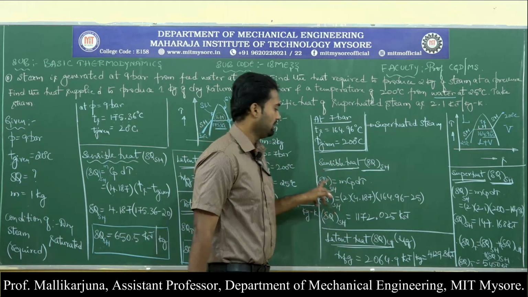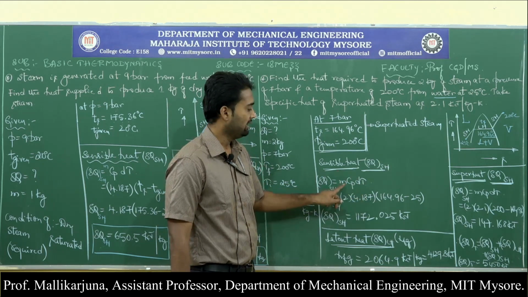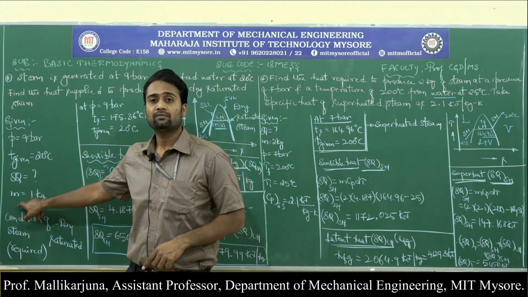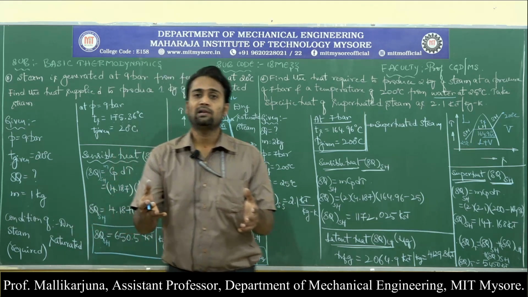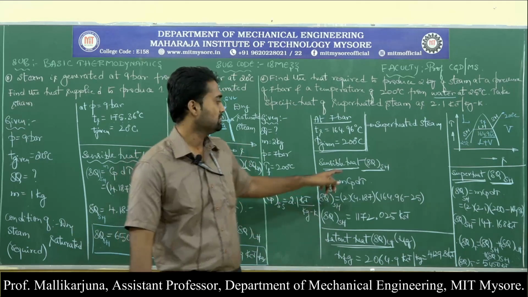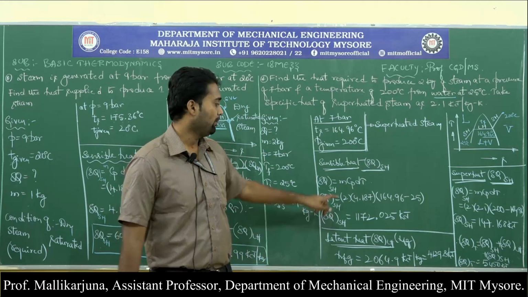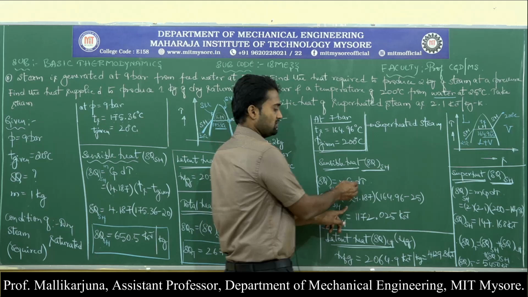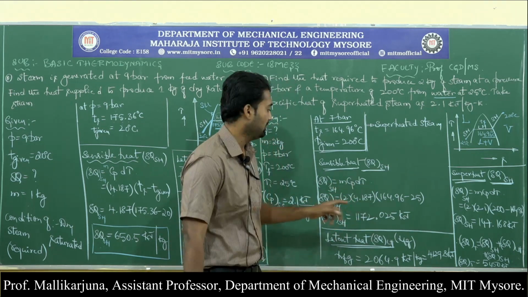Initially sensible heat, delta Q SH, which is equal to mCp delta T, difference in temperature. Here m plays a huge role. In the previous problem, the mass of the given substance was 1 kg. All the data handbook values will be available per kg of the substance. Now it is not for 1 kg, we have 2 kgs of the substance. So mass plays a huge role now. So now m is 2, specific heat of the water is 4.187 kilojoules per kg Kelvin.